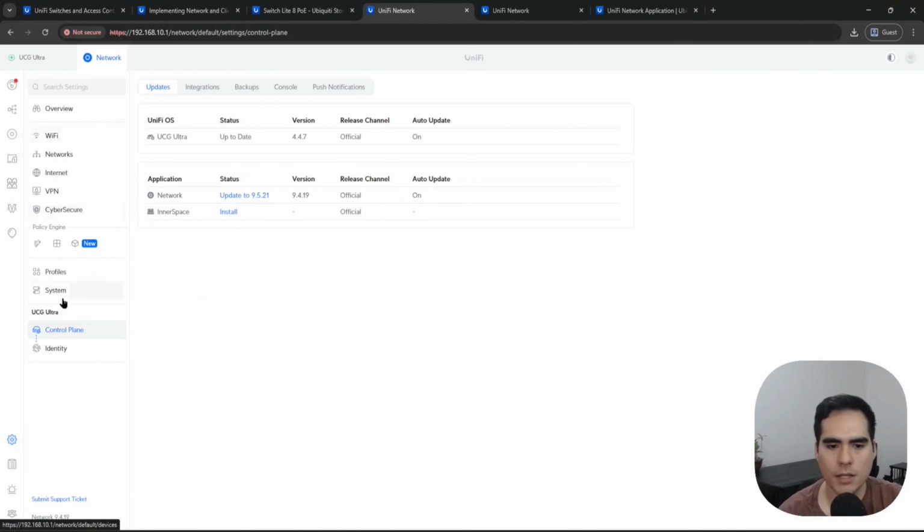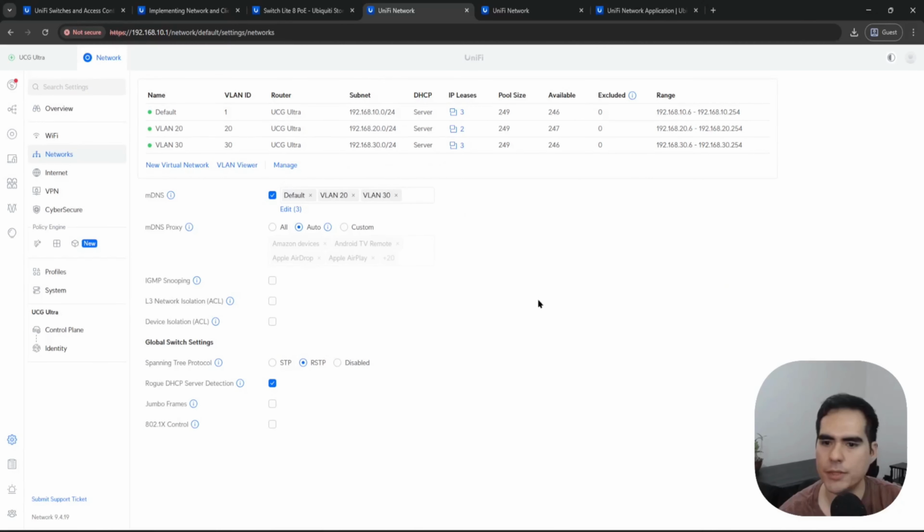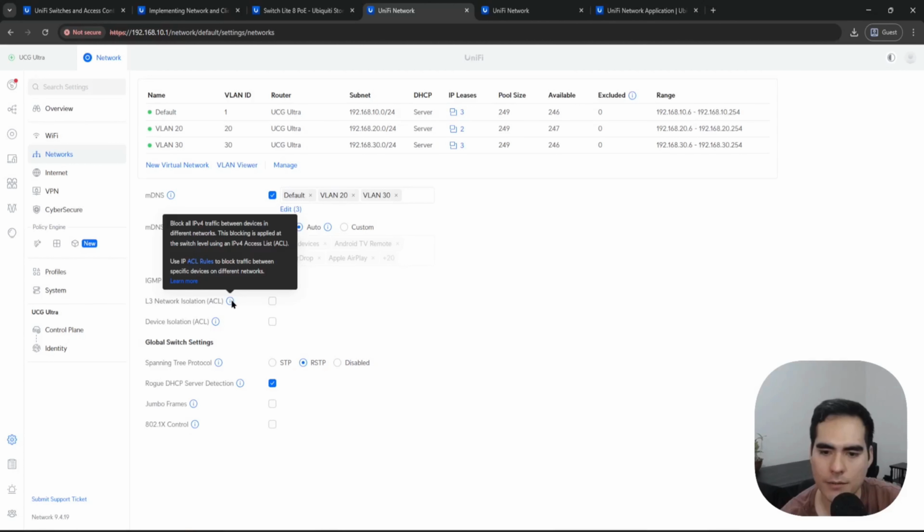Okay, now let me go first to Settings and to Networks, and here we have the 2 features or settings that I mentioned, that we will be using. One is the layer 3 network isolation ACL, and the other one is the device isolation ACL, which we also need to add there. It should be good if we add the MAC ACL there. This one works at the MAC level, this one works at the IP level, and we have here some